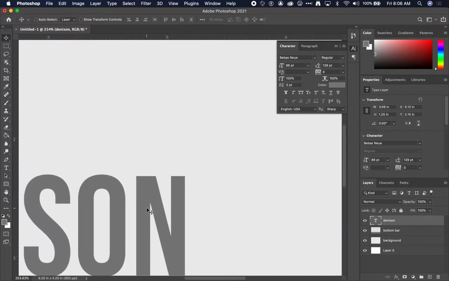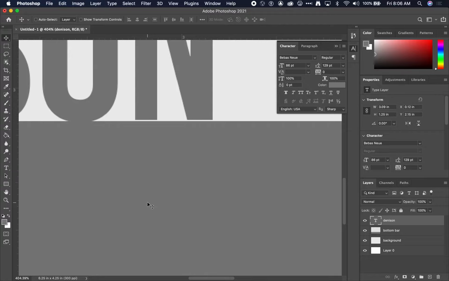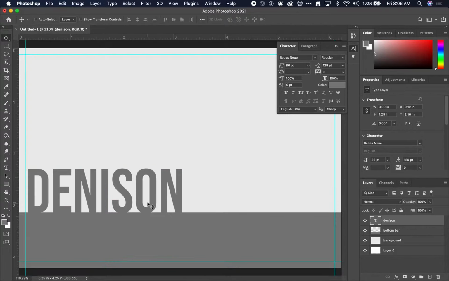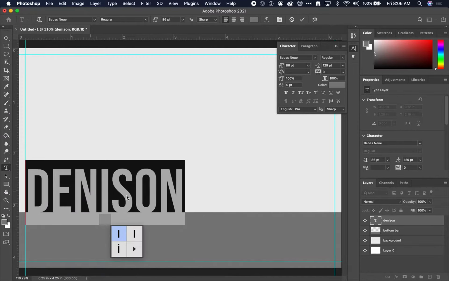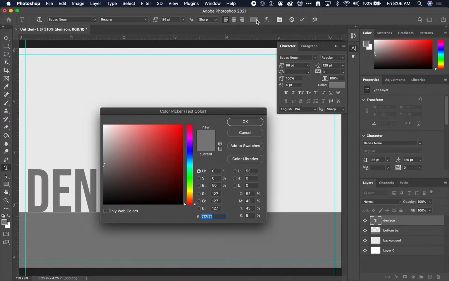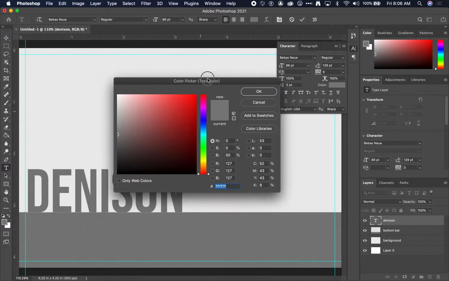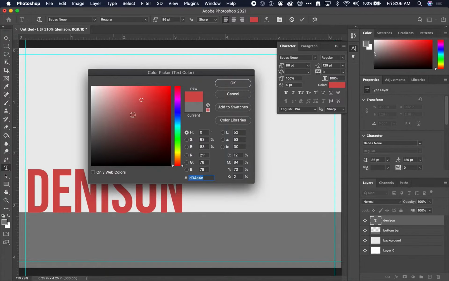And I'm actually going to bring it down so that it goes, using the arrow keys, right to the edge, and then a couple more stops so that it looks like it's the same setup, the same color as the bar. Now if it's not the same color, you can always select your text here, go to your color,